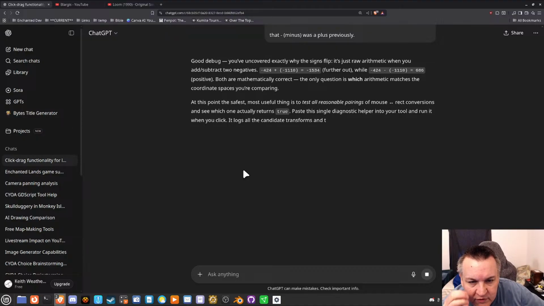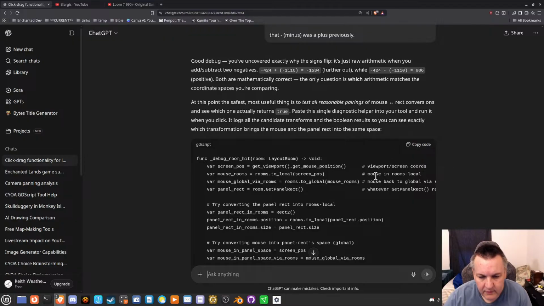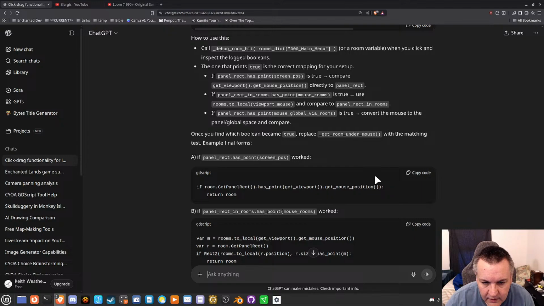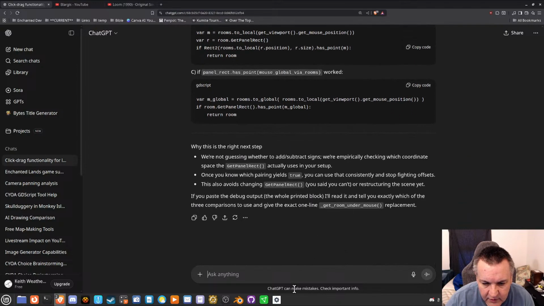This is raw arithmetic when you add subtract two negatives. Both mathematic. The only question with this is to test all reasonable pairings of mouse right conversions to see which one returns true. It's not done yet, is it? It's not letting me type anything either. Okay. I'll tell you one thing. I'll say one thing. Instead of